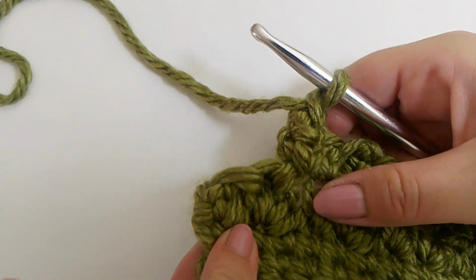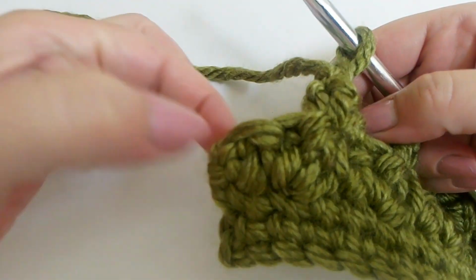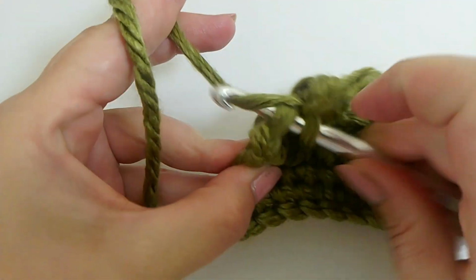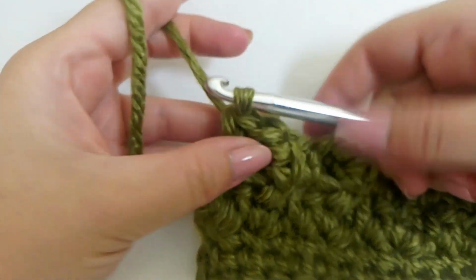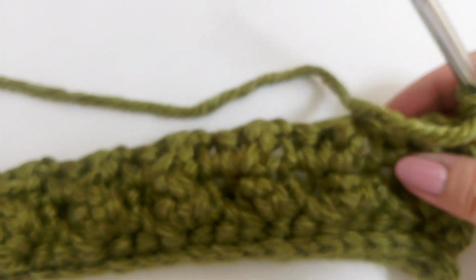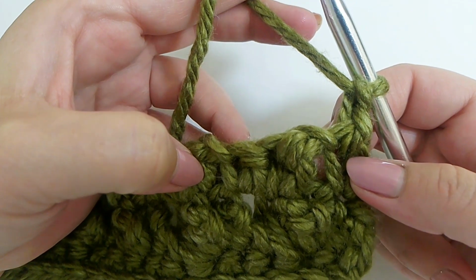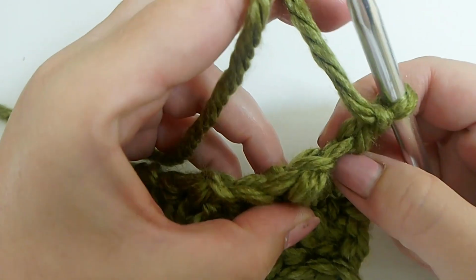I'm at the end of row 4, and I did my last popcorn in my chain 1. We will skip 1, and in this last chain here, we will make 1 extended single crochet. We will chain 1, and we will turn. And for row 5, we are going to make 1 single crochet in each chain all the way across until the end. So in the same chain here,